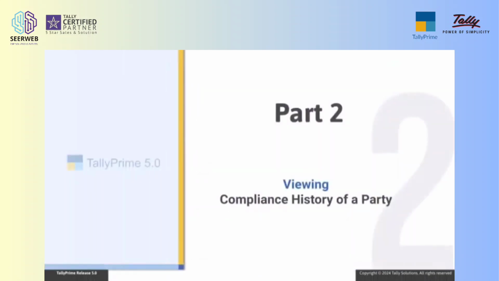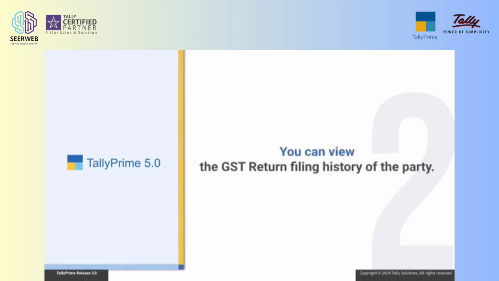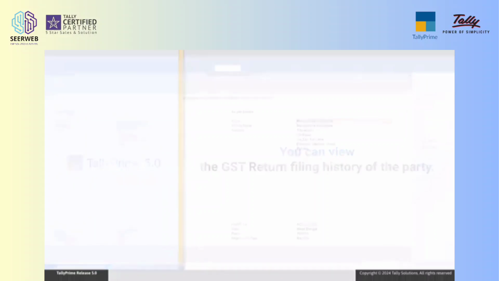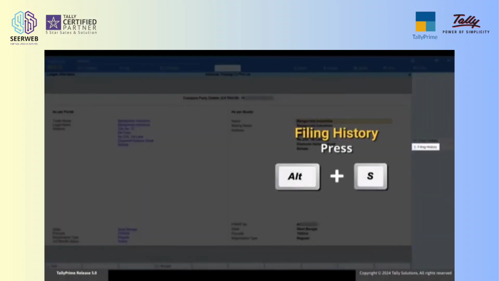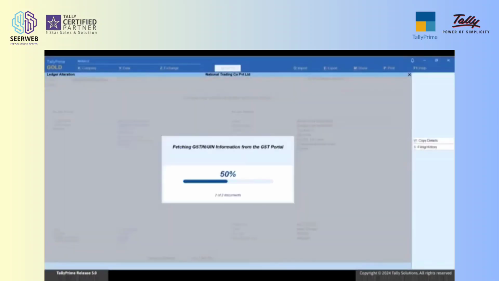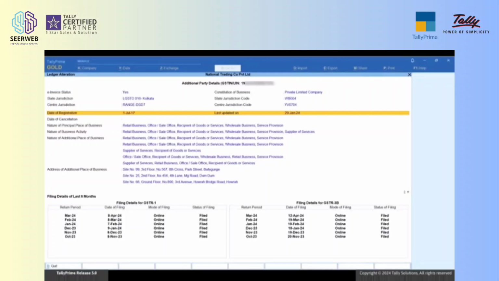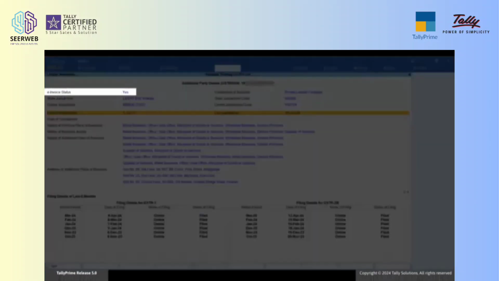You can also view a party's compliance history using GSTN or UIN. Once you fetch all the information about the party using GSTN or UIN, you can view their GST return filing history too. Press Alt-S to view filing history. You get to know the invoice applicability, date of registration, and date of cancellation if applicable.